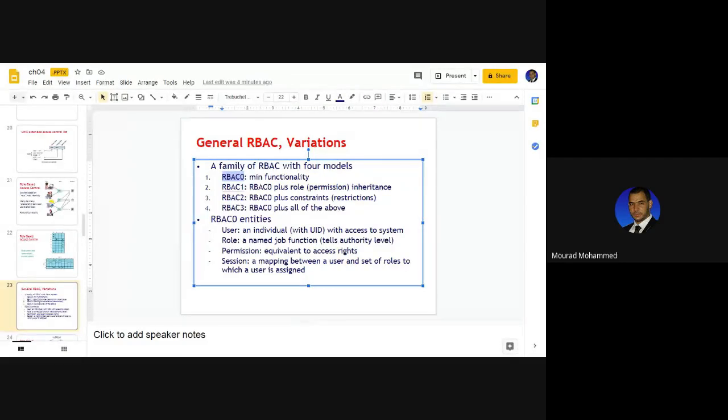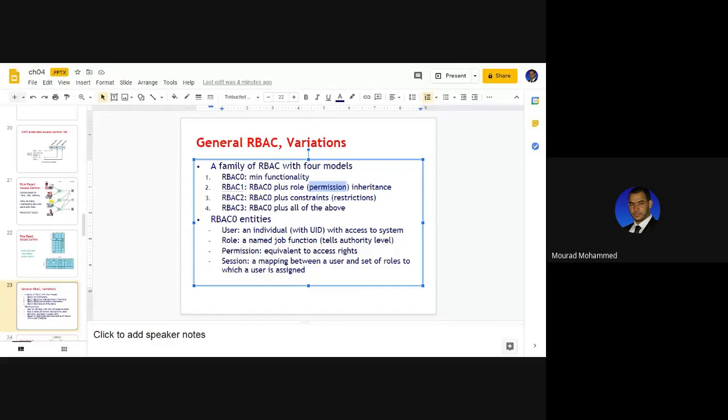Next is level 1, which is the same group of roles awarded through RBAC 0 plus a specific permission due to your role. When you talk about an instructor, he actually has access to the profiles of students, as per the example here, the student-instructor relationship. So by inheritance, the instructor might have access to specific resources because he's an instructor.